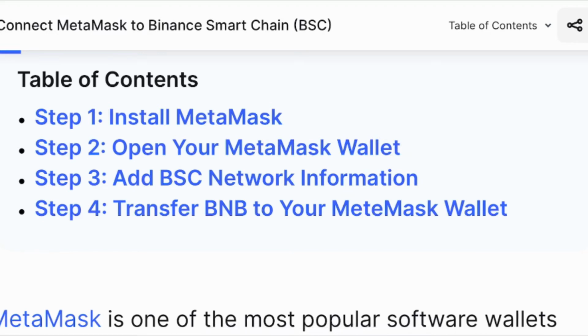So for those of you that want to install MetaMask and also how to set it up, this is